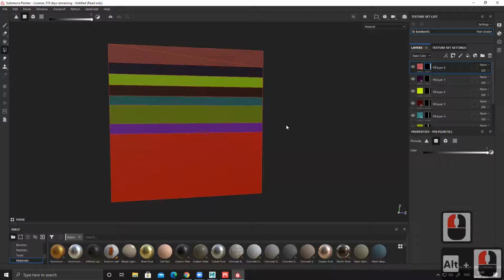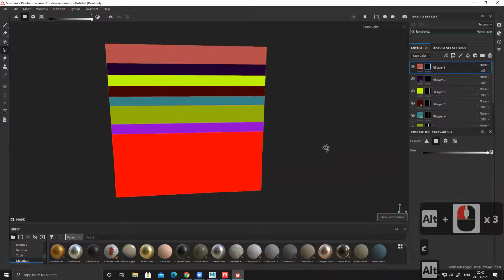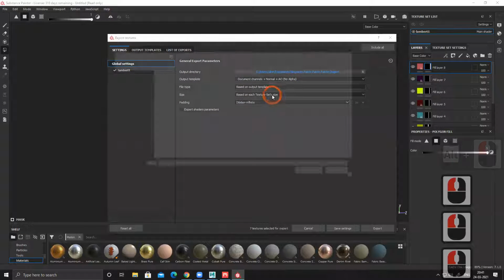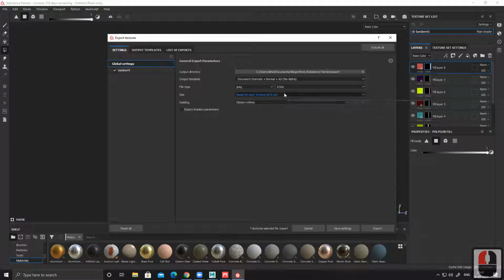Now it's done, so I just have to export this. I don't need any diffuse, I don't need anything. I just need this color map only. So files, export texture. Just export it wherever you want, desktop, export. I don't want any format, nothing matters for this, like file size. I just need those colors. For file size I can use 2K or 4K. In this case, I'm using 4K so that I get very crisp, clean lines. Or I can use 2K also, since it's just color, right?